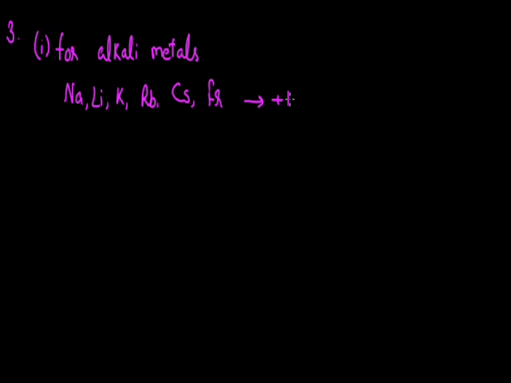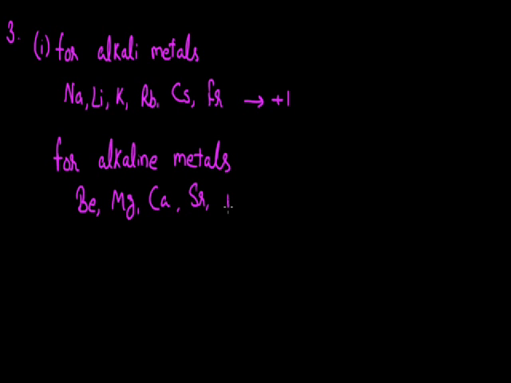So whenever these elements are coming in the compound, we are to put the value +1 as the oxidation state of these elements, since it doesn't vary according to the compound. They always show the fixed oxidation state and the value is +1. Same if I talk about the alkaline earth metals, these also show the fixed oxidation state. The examples of alkaline earth metals are beryllium, magnesium, calcium, strontium, barium and radium. These elements always show the oxidation state +2.